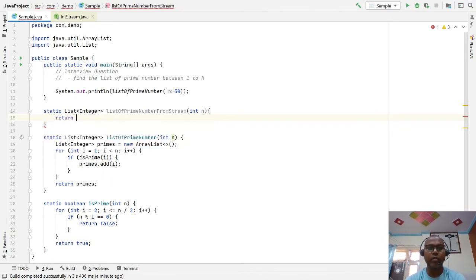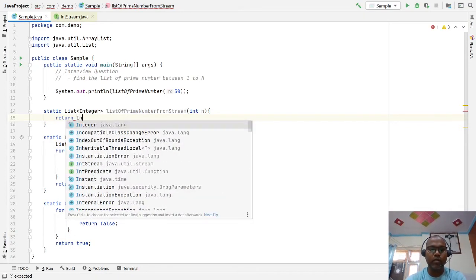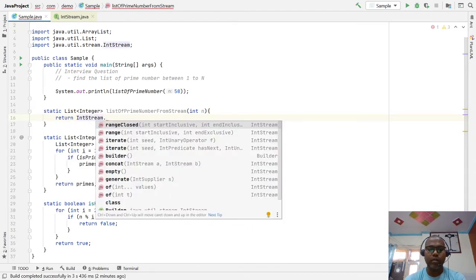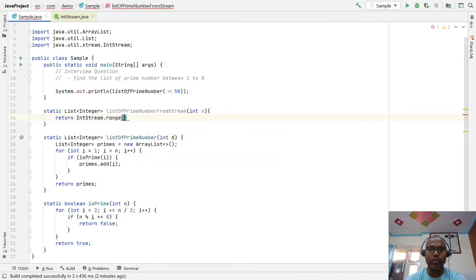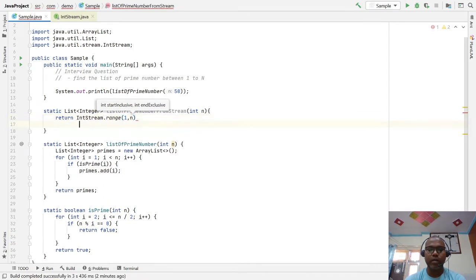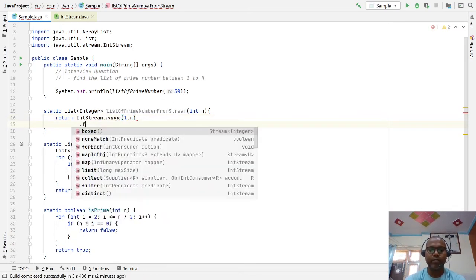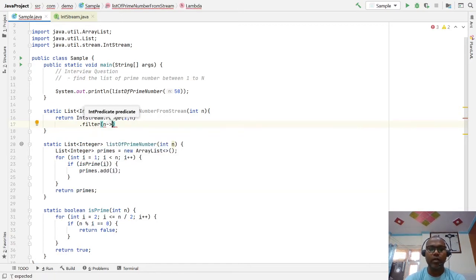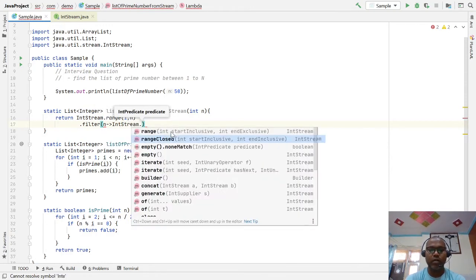So I'm going to return a list. Here I'm going to use IntStream.range 1 to n, and after that we have to filter all the numbers, after we have checked the number. For checking the number we again use IntStream.range.